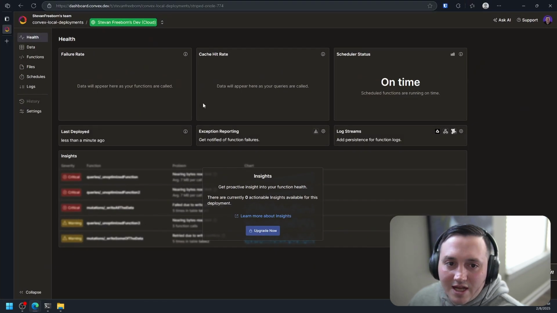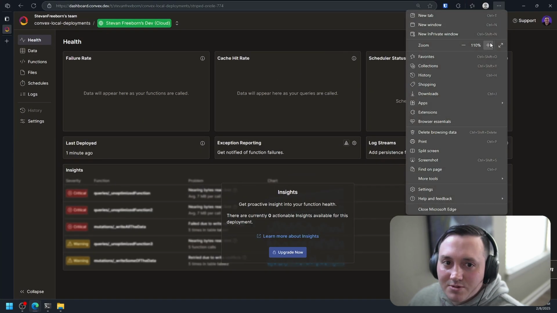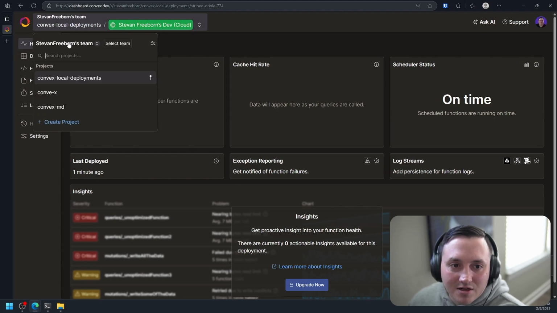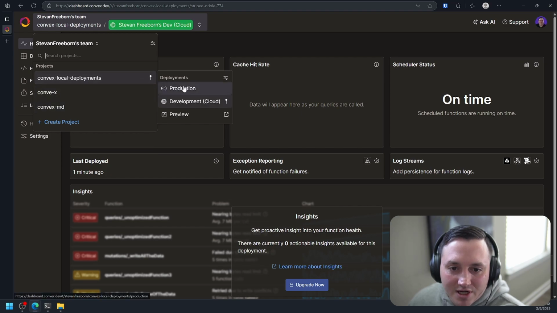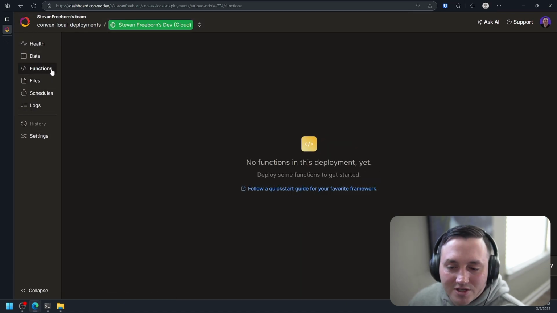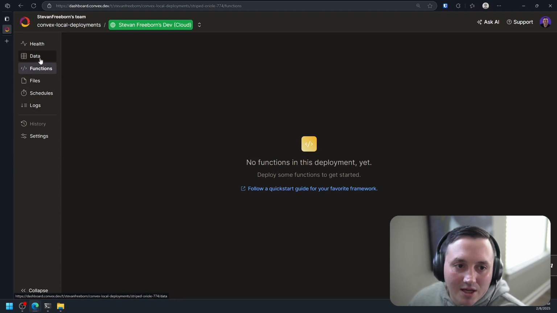Okay, so this is the dashboard, right? So this is basically their dashboard for your backend. You have this idea of your team, and then your different projects, and each one of your projects has development, and then a production, and then you have data, and you have functions. Functions are, if you use something like AWS or Azure, functions that run as part of your app.